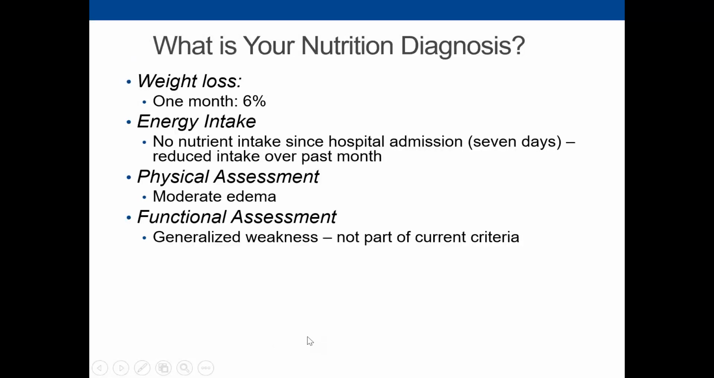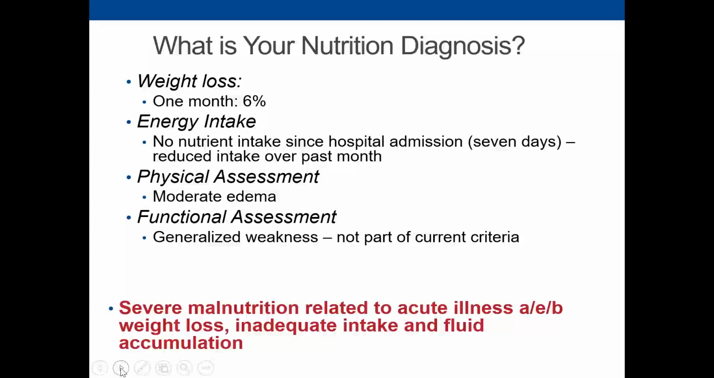So the dietitian that did this nutrition assessment, her diagnosis was that, well, I could ask you. I'll say his weight loss was over 1 month. It was 6%. He'd had a 7-day NPO status, so no intake, and then he had reduced intake over the past month of about 50%. He was demonstrating moderate edema, and then his functional assessment was not part of the current criteria. So our diagnosis for him was severe malnutrition related to acute illness, as evidenced by his weight loss, inadequate intake,